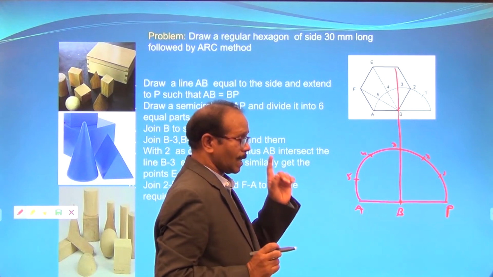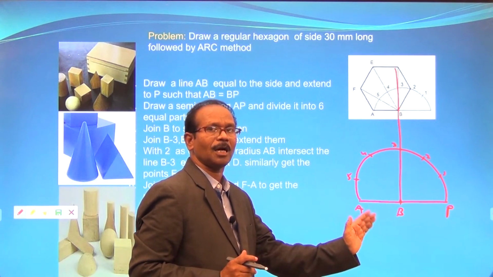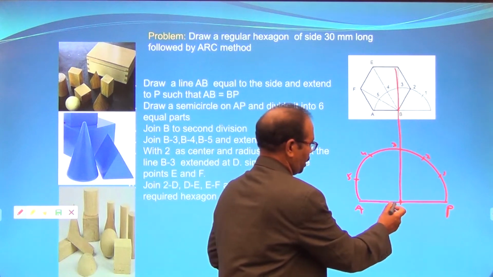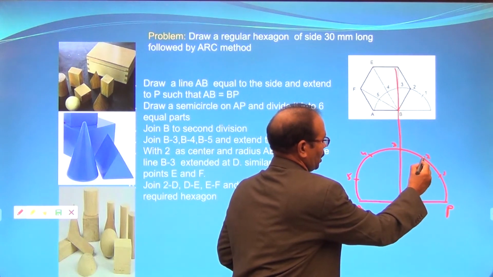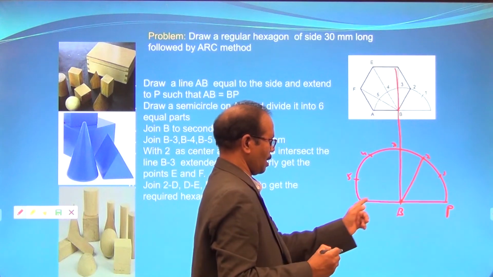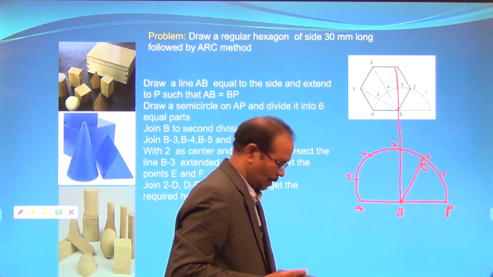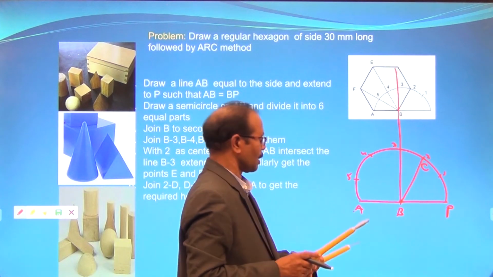Remember, the second point is very important. The second point is the second side of the polygon. So the second point is to be joined to B. A, B, say this is the C point. Now with the help of compass,